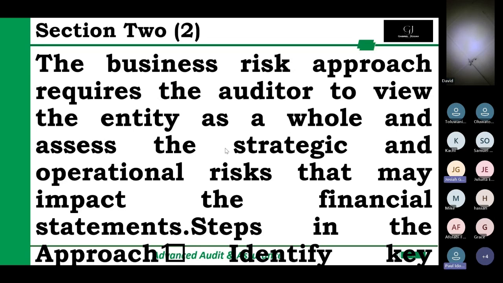So the key requirement for this approach is that it only works if the auditor has a deep understanding of the client's business and the environment. This is very important. The issue around the business risk approach is that the auditor needs to have a key, deep understanding of the client's business and the client's environment. And you will see that the ISA 315